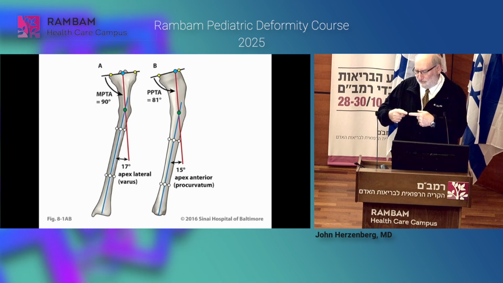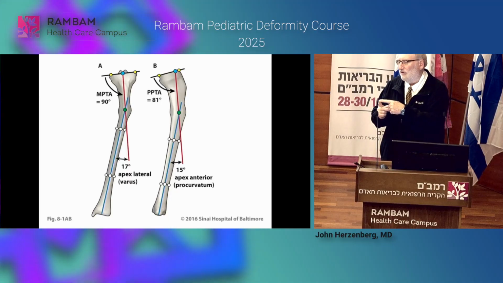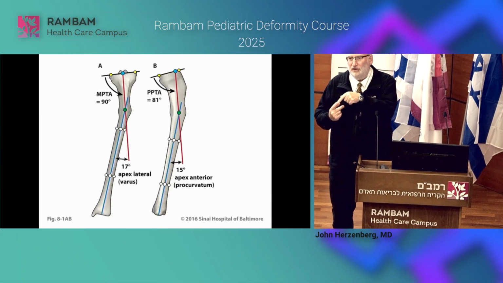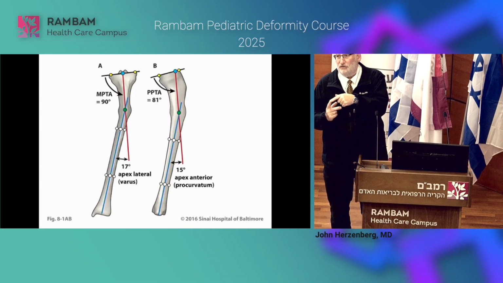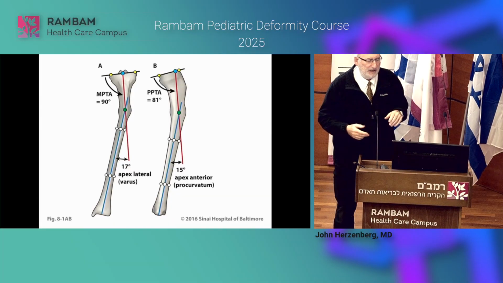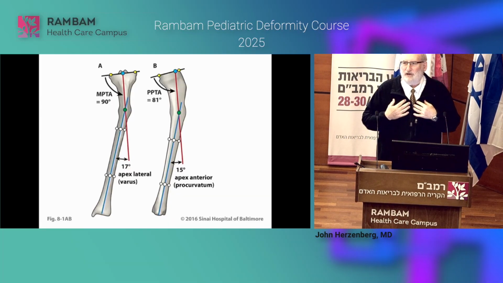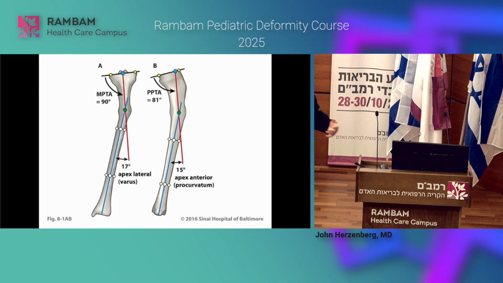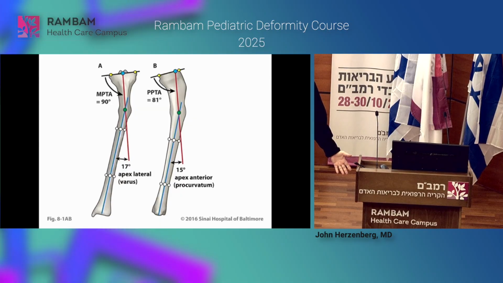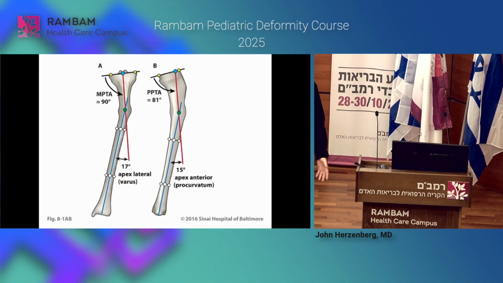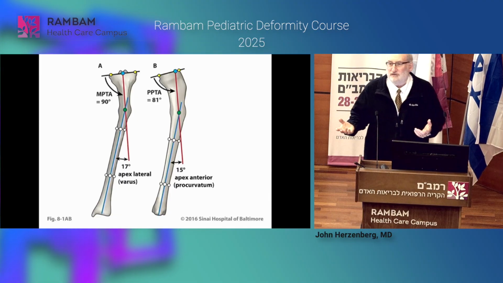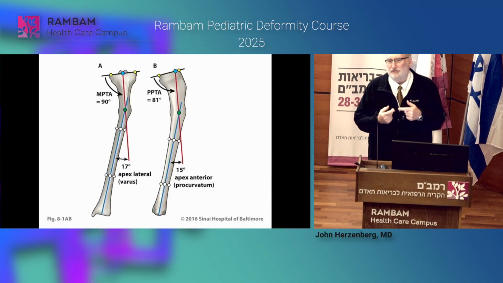In reality, when you break a bone, there's no law that says it has to break purely in the frontal plane or purely in the sagittal plane. It can go in an oblique, non-anatomic plane. These conventions that we have, using the anatomic position with patella forward, this is AP and this is lateral, this is just something that we as human beings like to think about. But the bone doesn't know about that. The bone can break in any direction it wants.